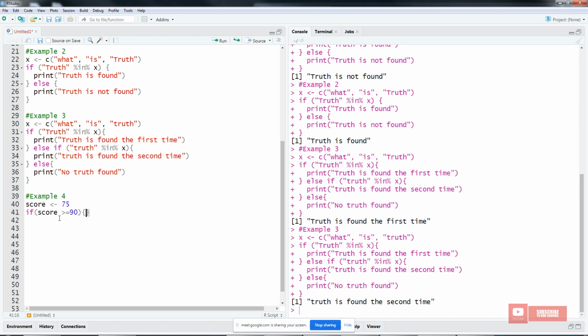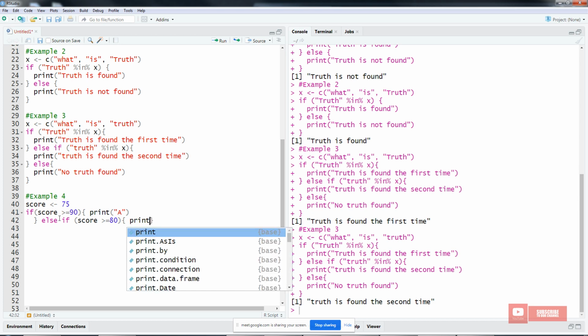So I nak R untuk print A. Bagi dia A, right? Else, if score is more than or equal to 80, then they should print B,